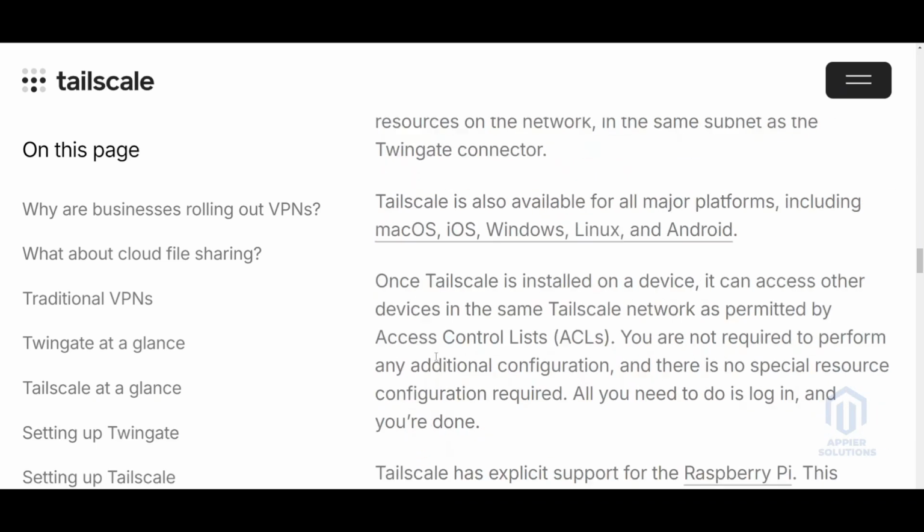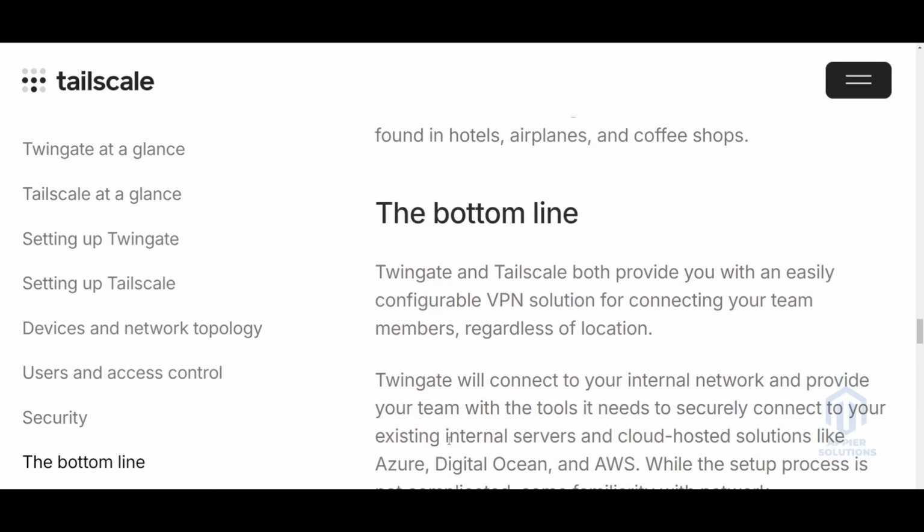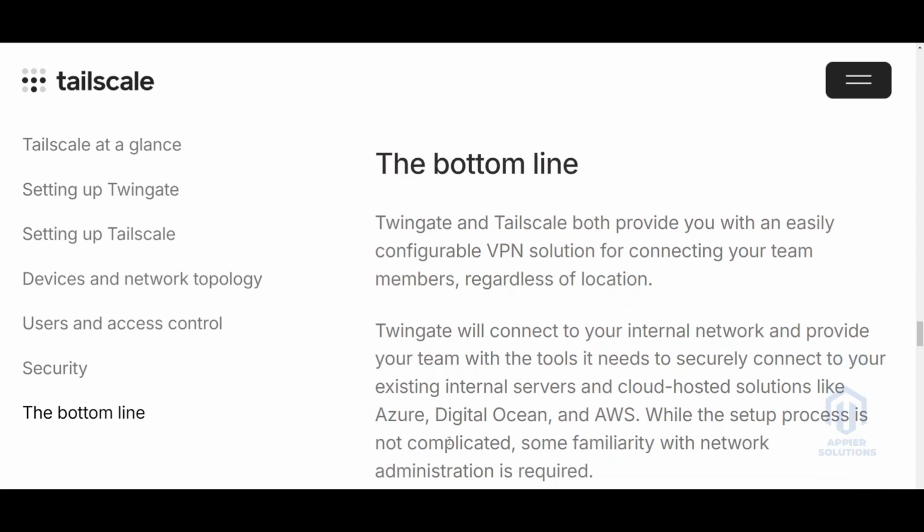So the next thing is the final verdict. Which one is better? Twingate and Tailscale both provide you with an easily configurable VPN solution for connecting your team members, regardless of the location. Twingate will connect to your internal network and provide your team with the tools it needs to securely connect to your existing internal servers and cloud-hosted solutions like Azure, DigitalOcean, and AWS. While the setup process is not complicated, some familiarity with network administration is required. So this is the comparison between